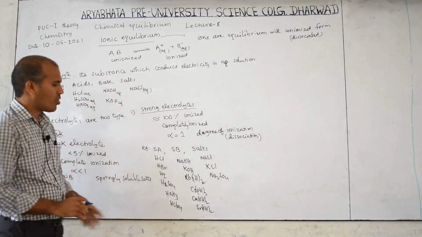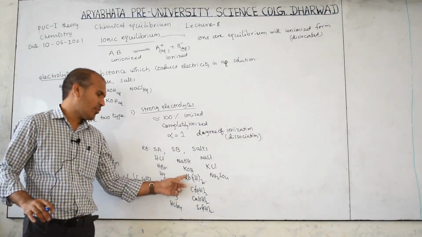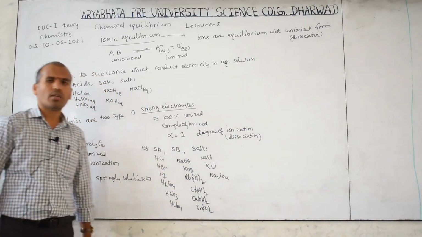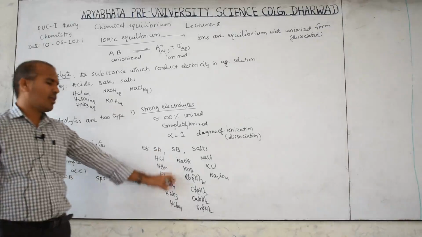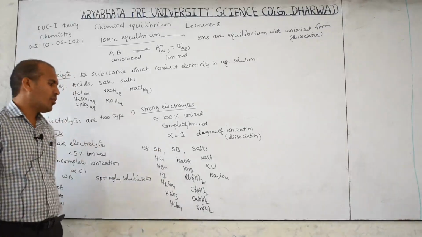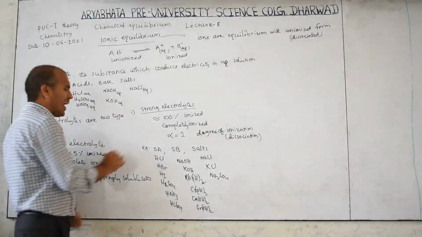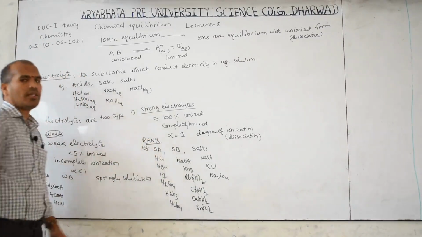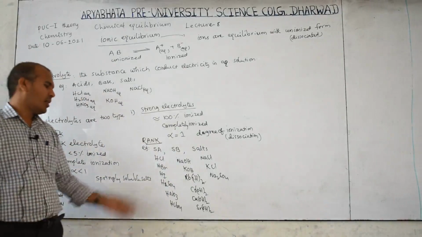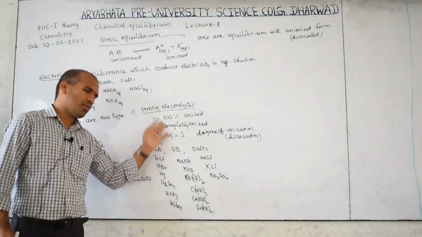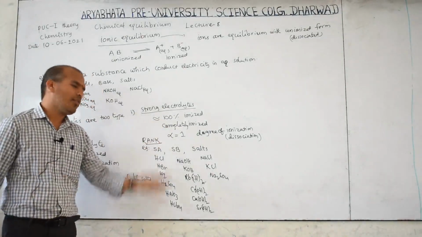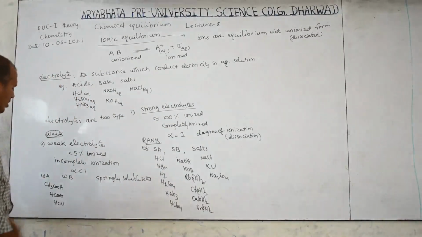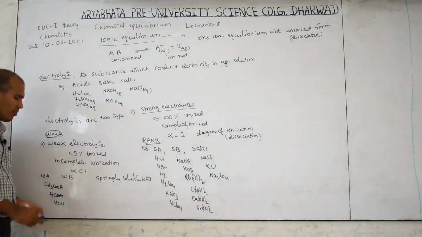These are all strong bases. 1, 2, 3, 4, 5, 6, and these 6 are strong bases. All the others are weak. You have to remember this, it is a very rank shortcut we can consider. This is very important, how to identify the strong acids and strong bases. These are the only strong acids, these are the only strong bases. Anything else you have to consider weak. So other than these, all are weak.